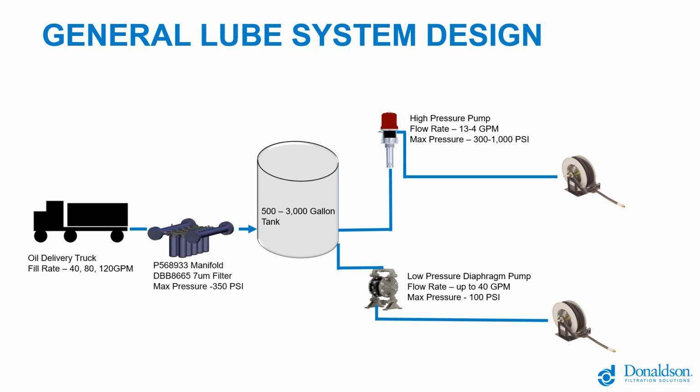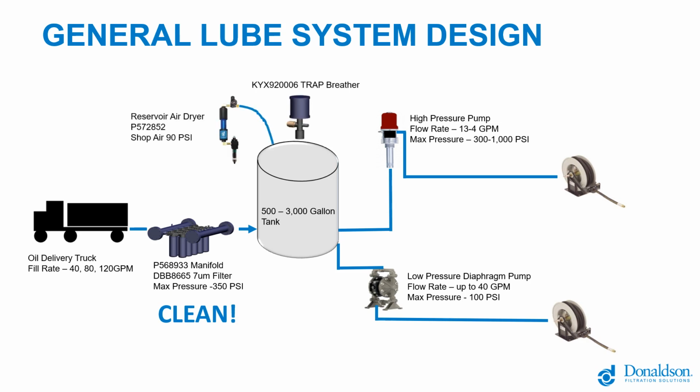So the place to do the most work is on the inlet side, cleaning the fluid before it goes into an already clean bulk tank on site. And you would say run a manifold of filters here to handle the flow rate and clean the fluid to the specification you're looking for as it's offloaded off the truck when you take possession of that fluid. So you clean it first and protect it in storage with a trap breather,